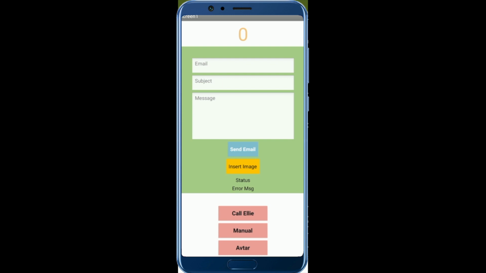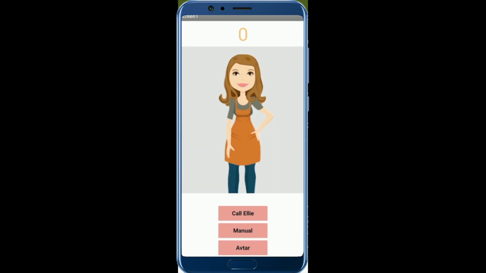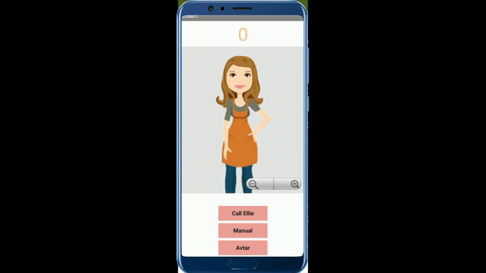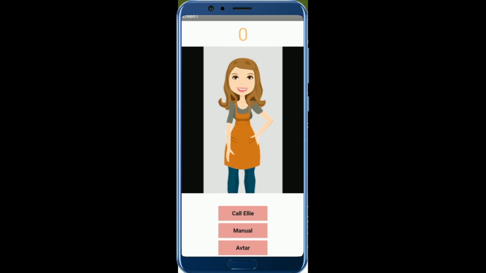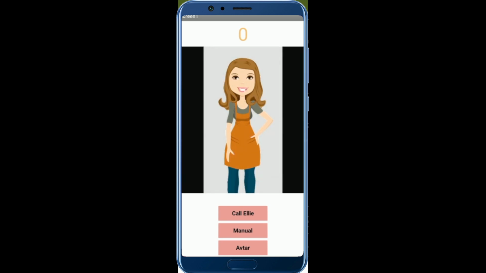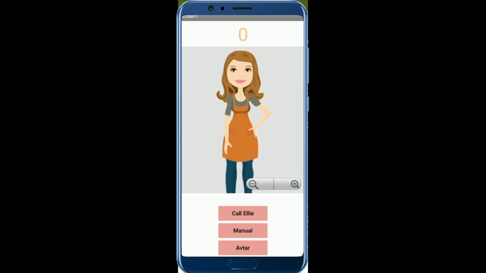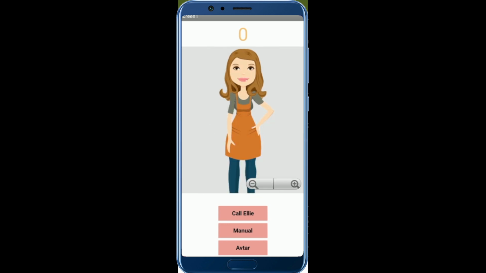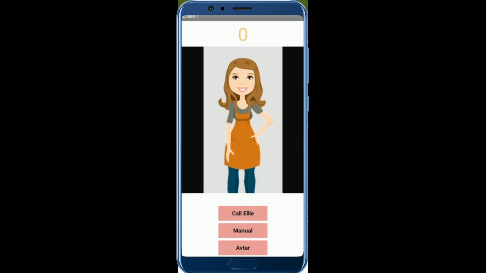So now let me just use the avatar. Go to the avatar, click on avatar, and let me just click on the call Ali button. Hello sir, how can I help you? Please send the email. Okay, to whom you want to send email? Email ID, the coding bus. What is the subject of your email? Subject, message from Saurav. Tell me the text in your email. Hello Saurav, TCB, how are you? Do you want to attach any image?